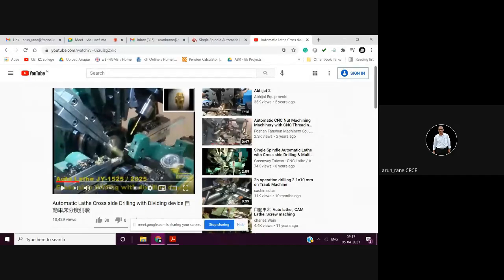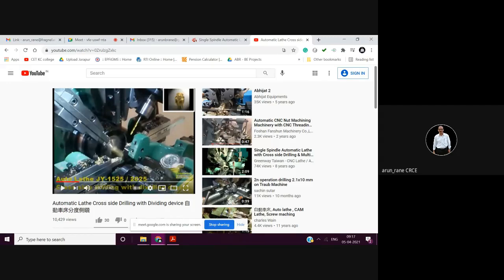Other than this, now the vertical slide which you can see, this and this rear vertical slide, they move radially in and out. By this time you must have understood the purpose of the vertical slide. The purpose of the vertical slide is just to do the parting off. The moment all the operations are done, this tool moves radially like this and it parts off. It does the cutting off.